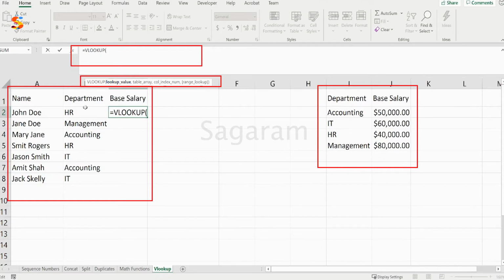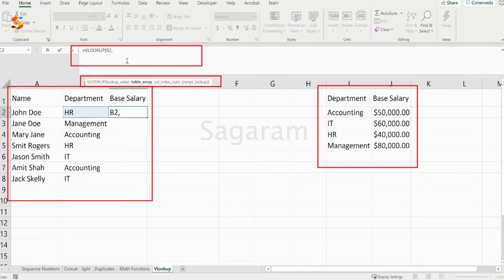What do you want to look at to pull the information out? In this case, we want to see the employee's department and what base salary we want to assign to the employee. So our lookup value will be the department. We'll select the corresponding department for John Doe, that's HR,